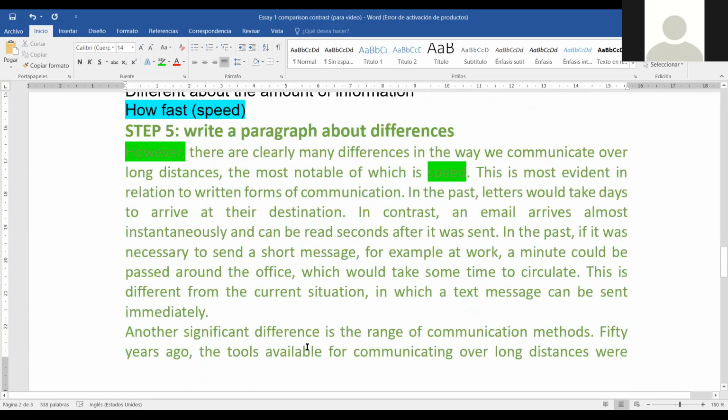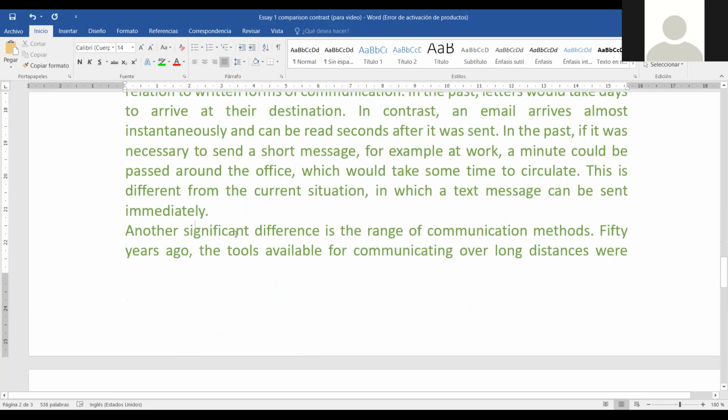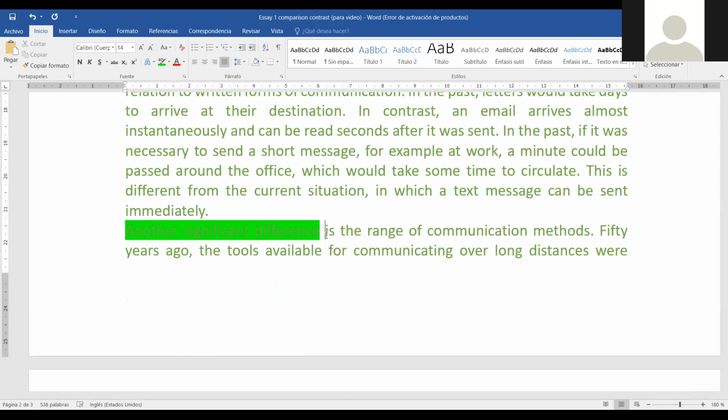That's crucial. The same is in the next one. It says another significant difference. Again, I know, especially for engineering students, this will be like, no, this is too robotic. No, I want to do my style. And in your style, you do not want to put these transitions, these first expressions, and you want to go straight to the point and write. But remember, you're writing for somebody else. You're not writing for you. If you were writing for you, of course, you are going to understand what you want to say. But remember, always think about the audience.